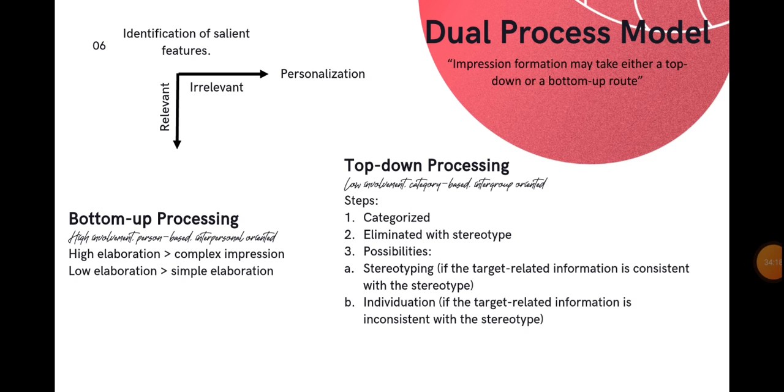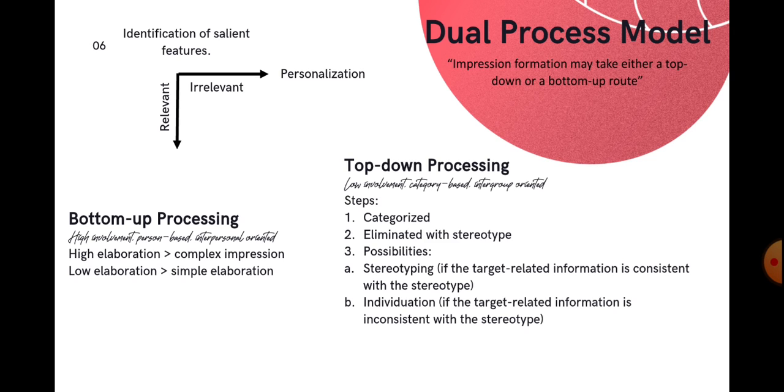So the notion in the dual process model is that impression formation may take either a top-down or bottom-up route. And so here I believe I made some mistake. I wrote personalization here, so it's not supposed to be personalization, it's supposed to be stop. And then in the bottom-up processing, I wrote symbol elaboration, and it should be symbol impression instead. So how this dual process model works is that in making judgment about others,